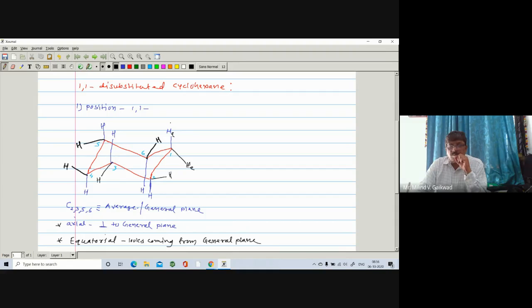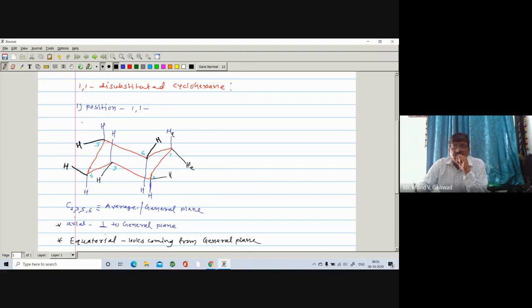So here, firstly, we should know how to draw the axial and equatorial bond. In this topic, this is very important. If you understand how to draw the cyclohexane and how to draw the axial and equatorial bond, then everything is easy, right? So here we have drawn the structure of a cyclohexane. Now,